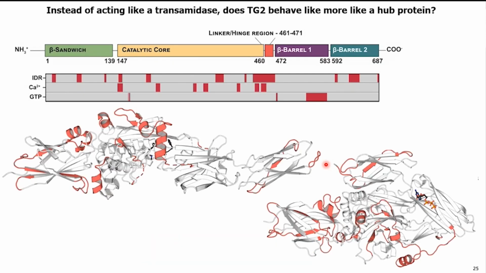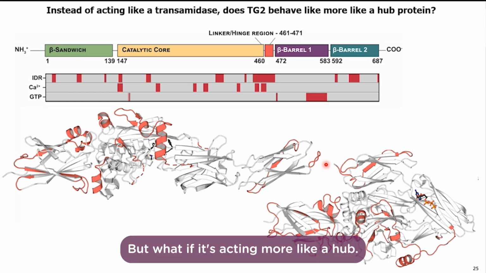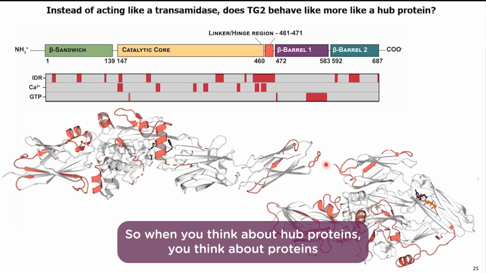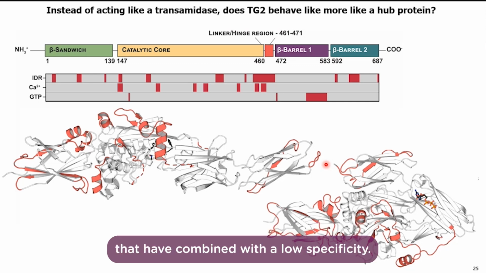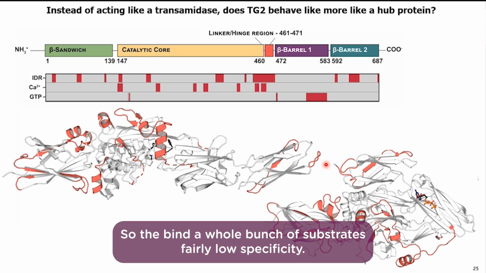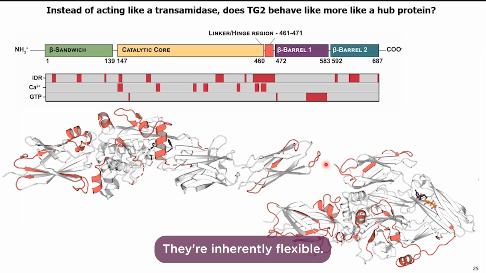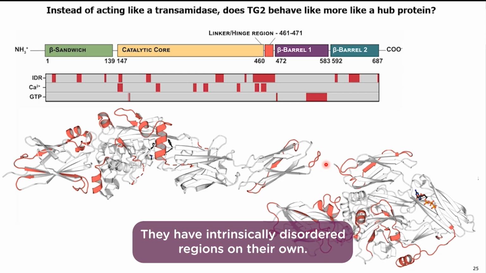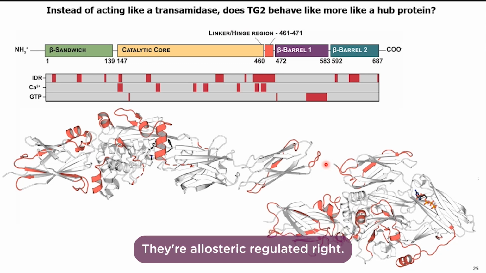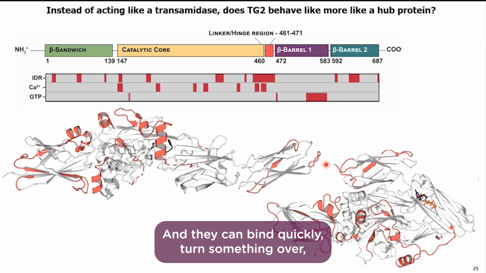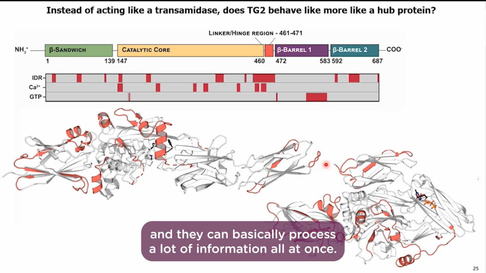So what's going on? But what if it's acting more like a hub protein, right? So when we think about hub proteins, we think about proteins that bind with a low specificity, right? So they'll bind a whole bunch of substrates, fairly low specificity. They're inherently flexible. They have intrinsically disordered regions on their own. They're allosterically regulated, right? And they can bind quickly, turn something over, and they can basically process a lot of